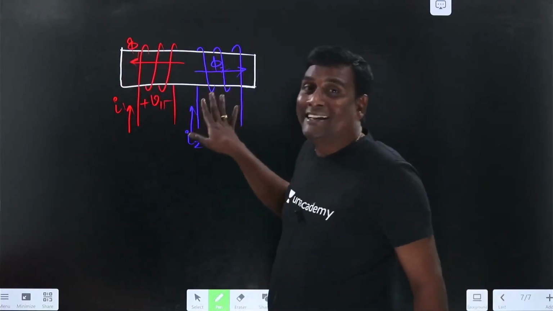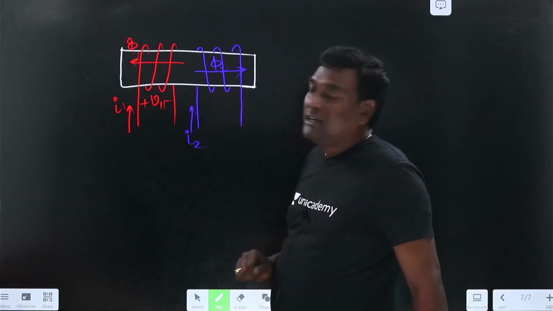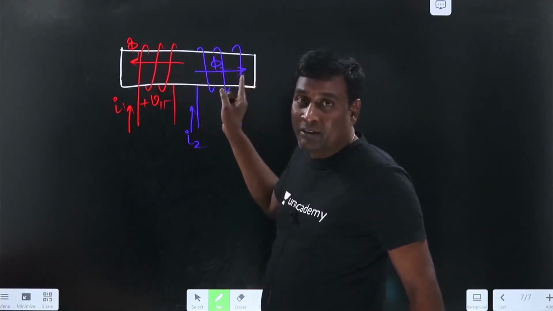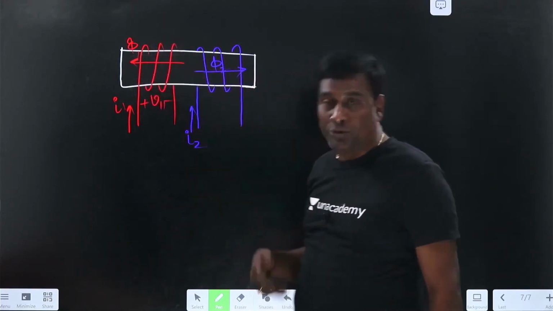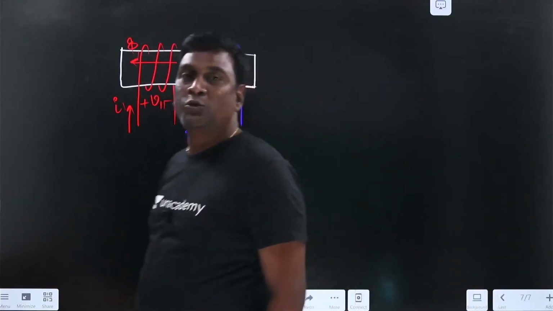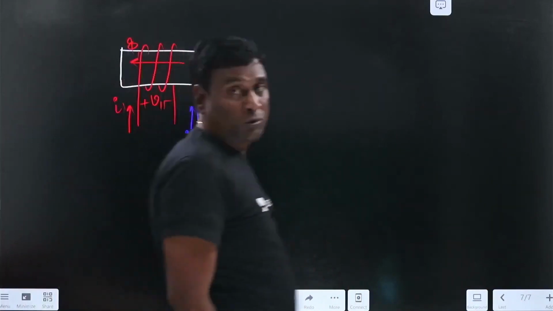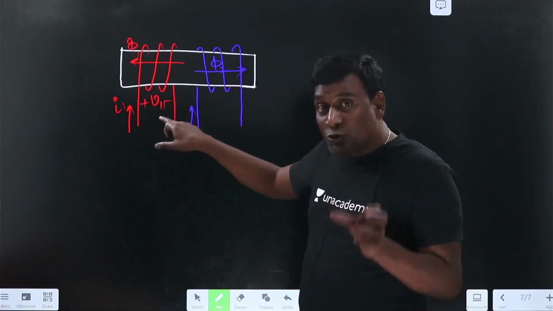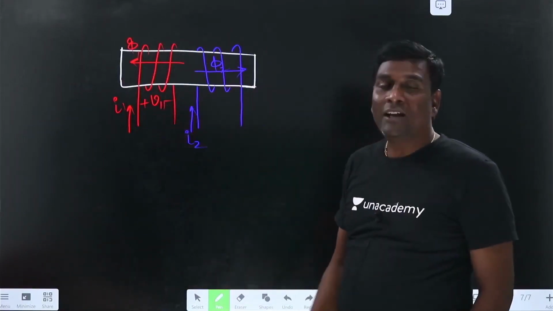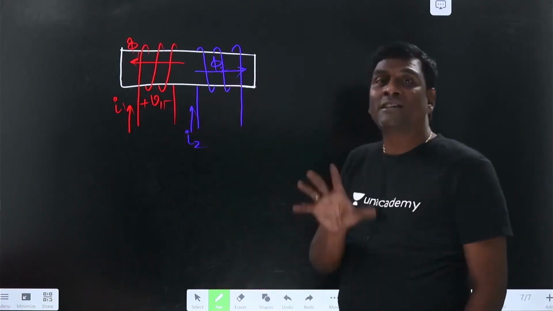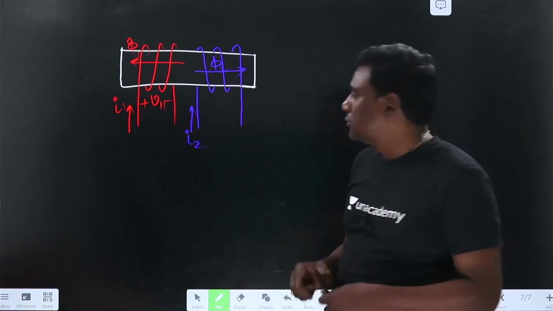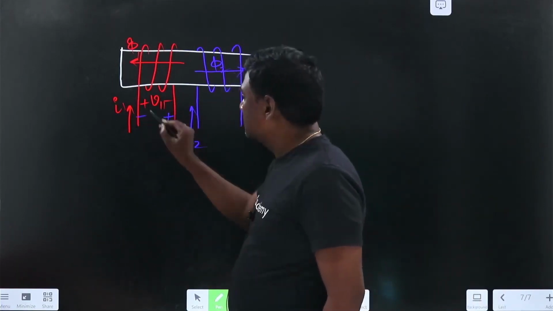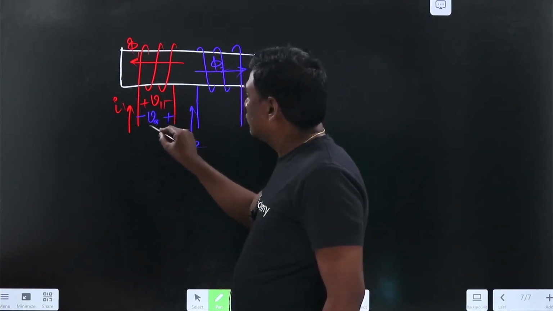Now let us consider the existence or presence of blue. Because of blue current, my blue flux is against pi 1. Now net flux in the first coil is going to be reduced. When net flux is reduced, automatically net induced voltage also should be reduced. Meaning that whatever induced voltage is induced here because of pi 2 should be against the self-induced voltage, such that net induced voltage is reduced. So this is going to be plus, this is going to be minus, this is V because of 2 in 1.